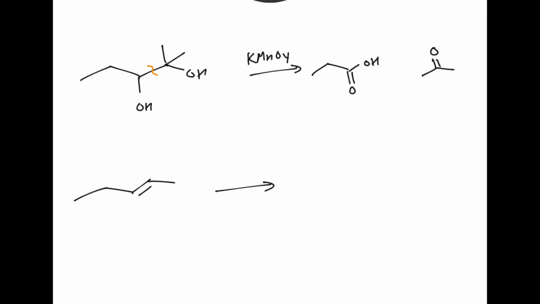by using one of two oxidants. So you can use osmium tetroxide, usually a catalytic amount, and hydrogen peroxide. And that will add an oxygen to each carbon of the double bond. And because the osmium holds on to both oxygens and puts them on the double bond at the same time, they end up on the same side of the double bond, or of the molecule, either both wedges or both dashes. Right, so you can use catalytic osmium tetroxide and hydrogen peroxide to make a vicinal diol, or